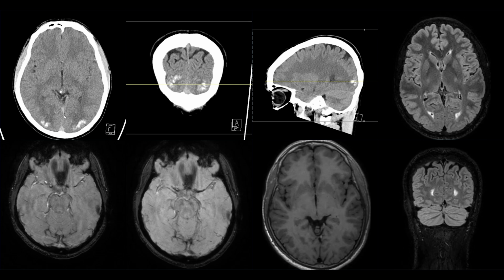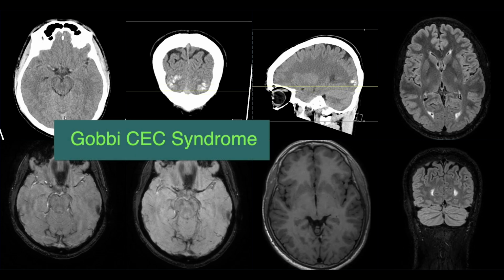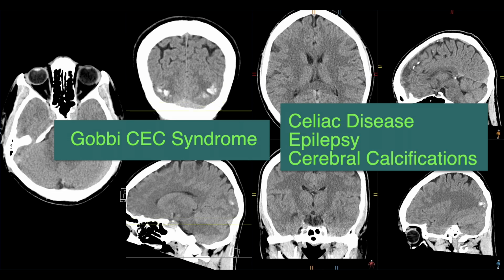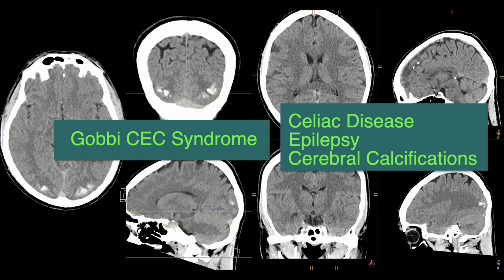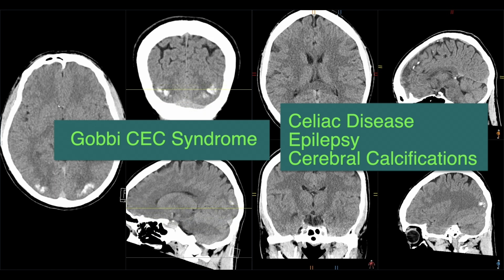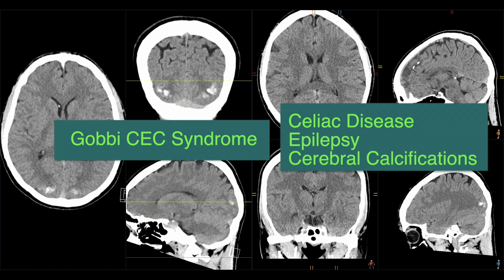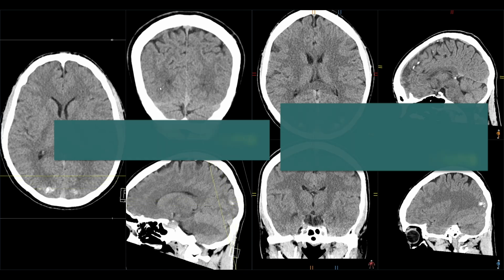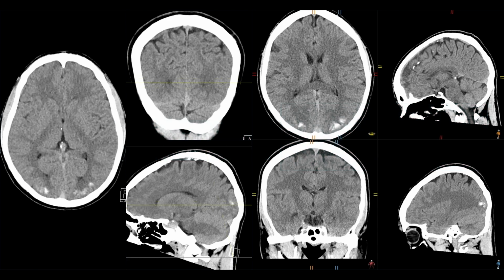points directly to Gobbi syndrome, also known as CEC syndrome. Now, CEC syndrome is the clinical triad of celiac disease, epilepsy, and cerebral calcifications. Although often diagnosed in childhood due to occipital seizures, adult presentations can be completely asymptomatic or present with non-specific complaints